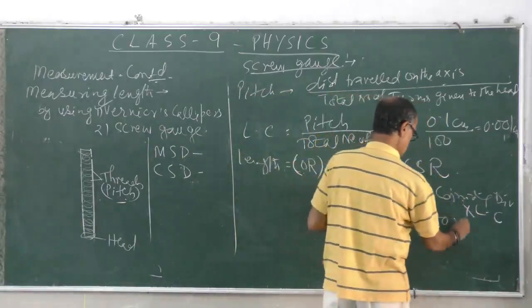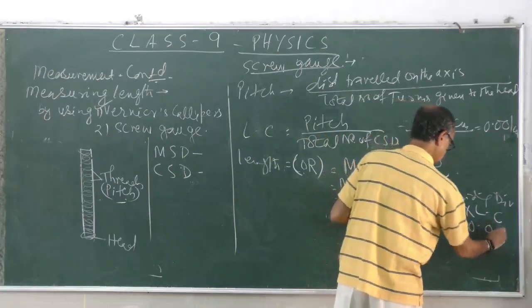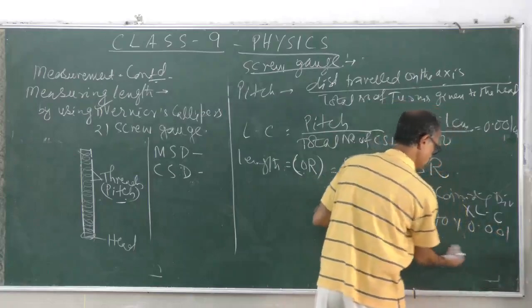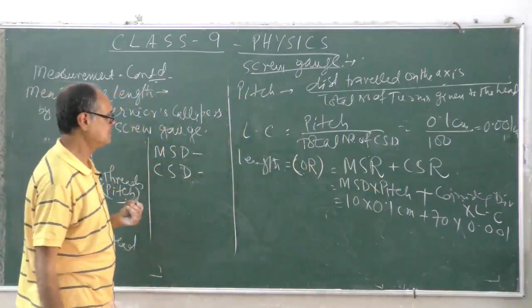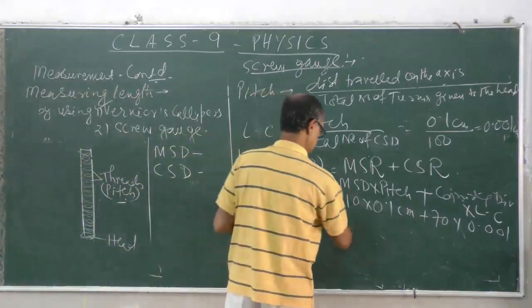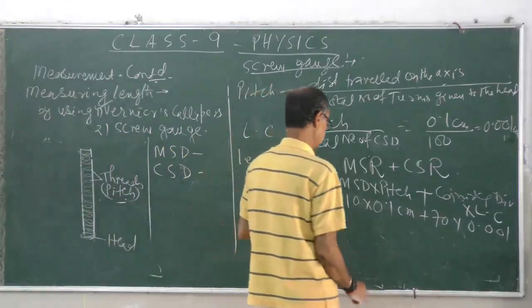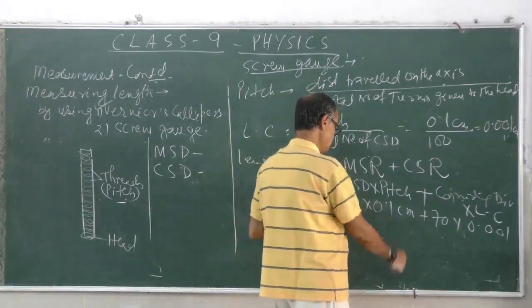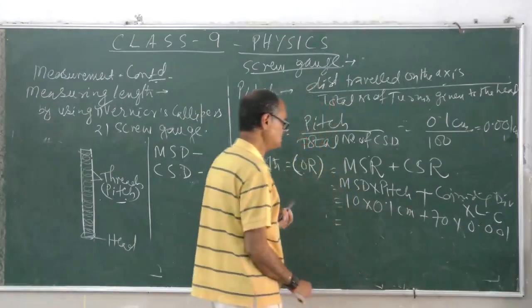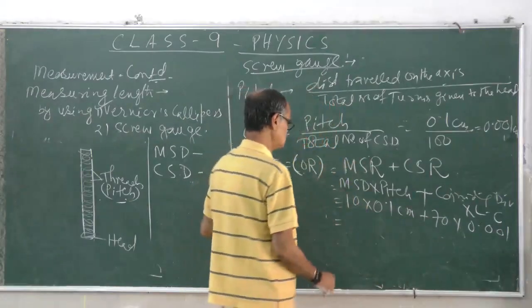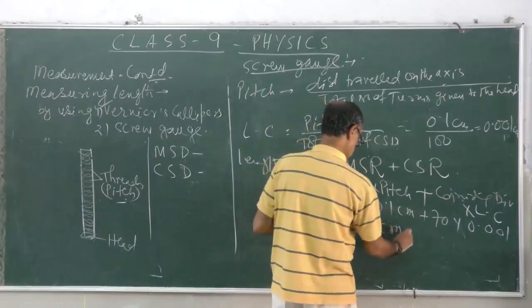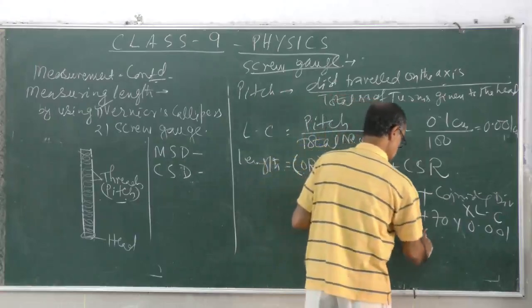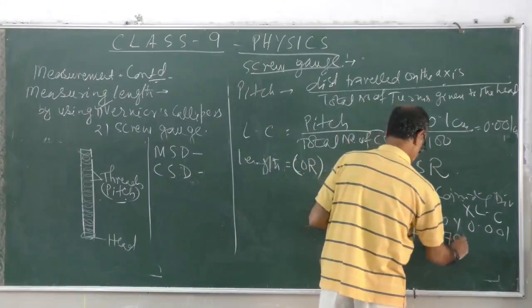The coinciding division is multiplied with the least count value, 0.001. So here it comes to be the pitch value in centimeter and this. So here it comes to be 1.0 centimeter plus 0.070